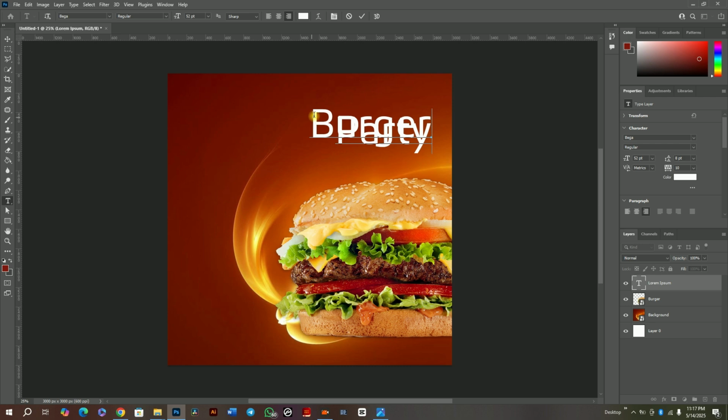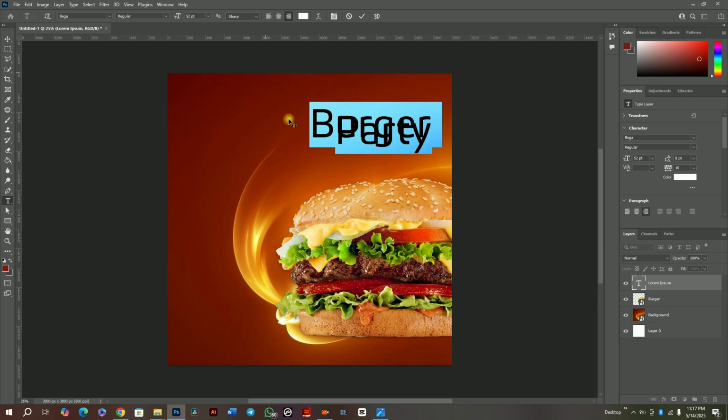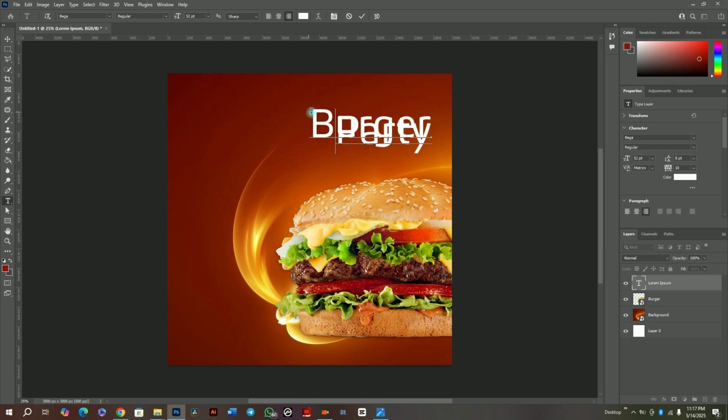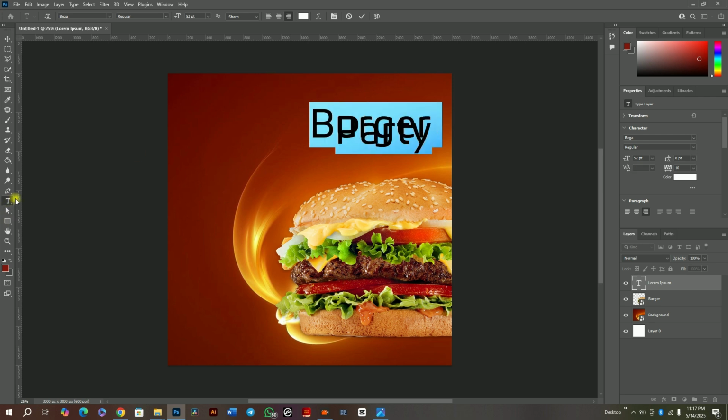You can select all the texts, or you can just hit Ctrl A to select all the text if the type tool is selected. Now if the type tool is not selected and you hit Ctrl A, it is going to do a different form of selection around your design. So you can either select text by dragging with the type tool selected, or with the type tool selected you hit Ctrl A and it selects all the text for you. Now once this text is selected, what I would want you to do is,